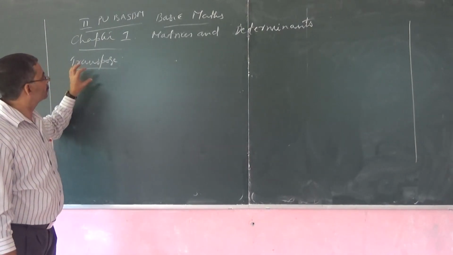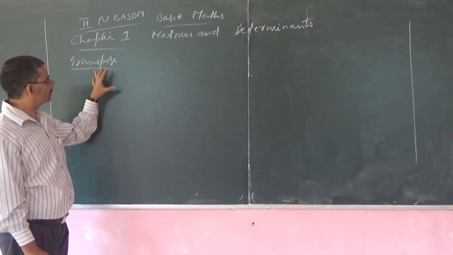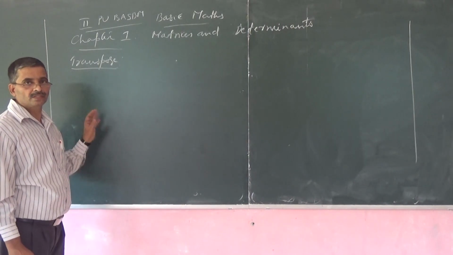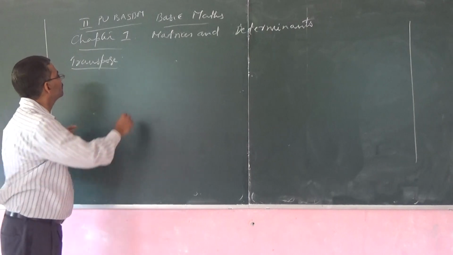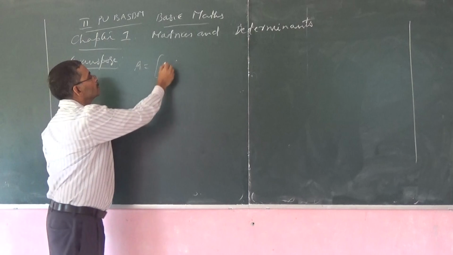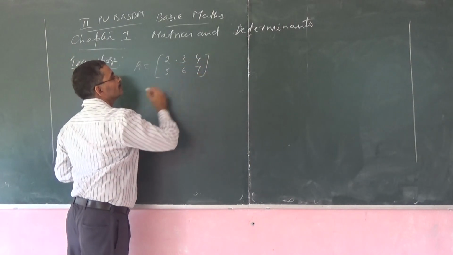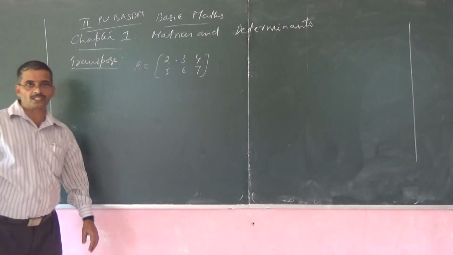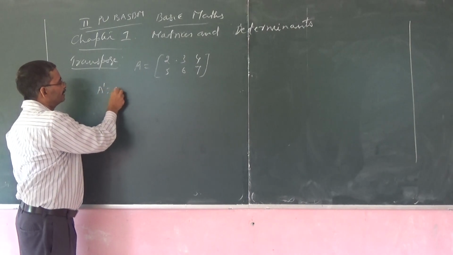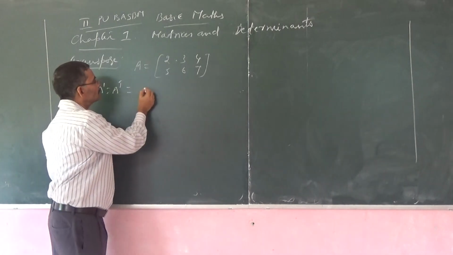So, students, in the earlier class we discussed transpose. Transpose is nothing but interchange of rows and columns. I have already given many examples, we will recall it. Let A equal to 2, 3, 4, 5, 6, 7. So, what is A transpose? A transpose, written as A dash or A transpose, equal to... so how to transpose?